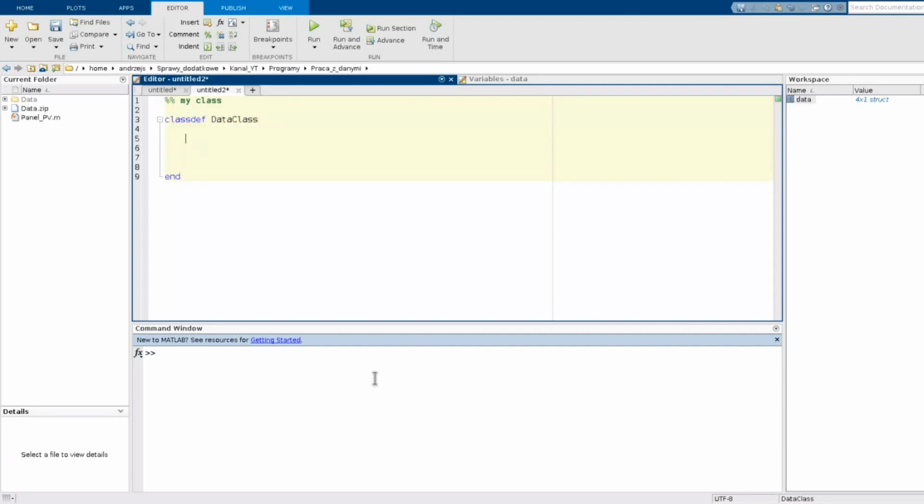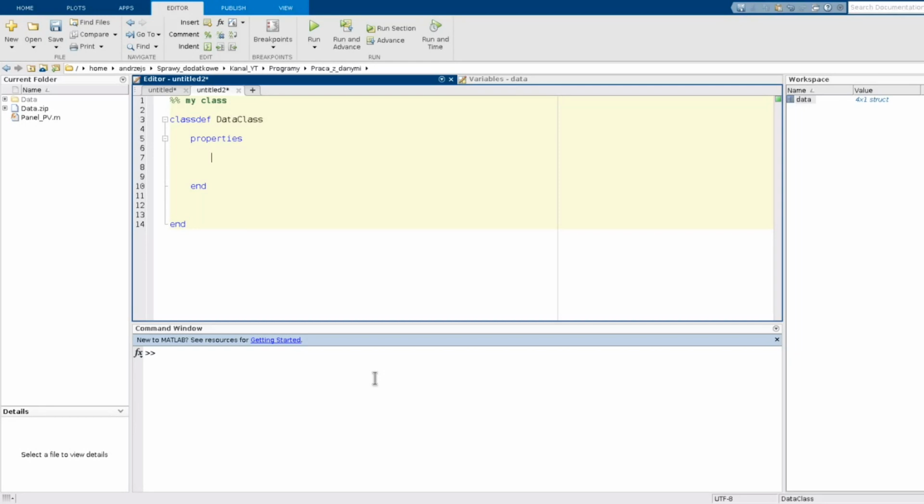Now we will use three different property types. We will use a public property, a private property, just to refresh your memory about what the private property is, and most important, the dependent property, which is great for preprocessing purposes. Okay, so let's get started. Properties. I will not define an access because by default the access is public, which is my goal now.